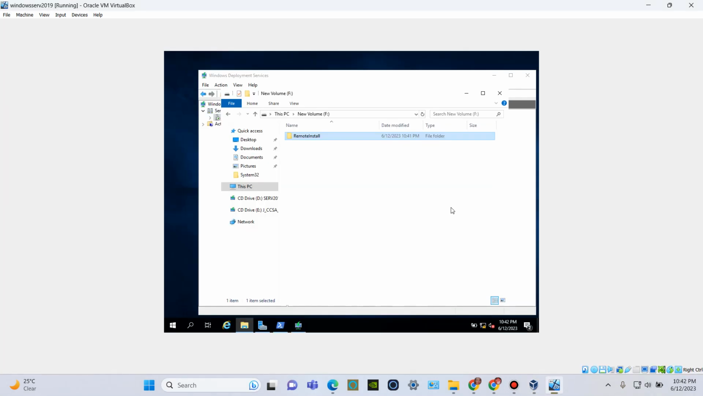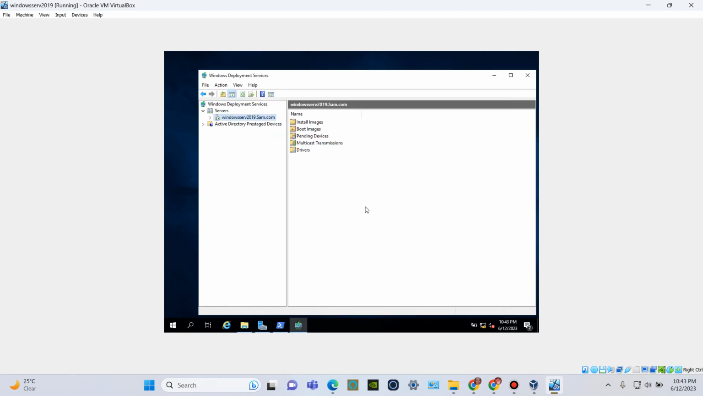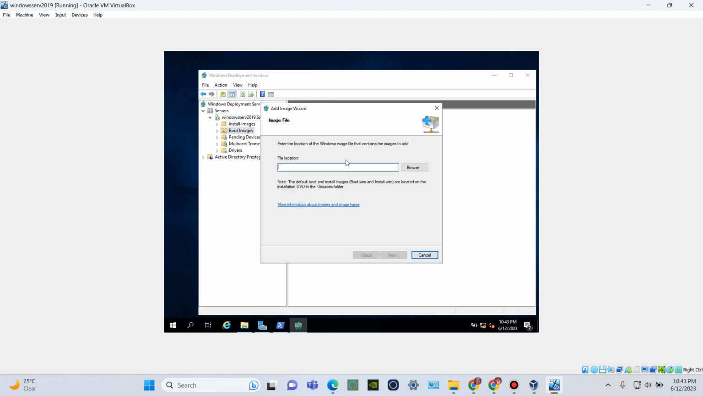Installation media of Windows 10 has been mounted. Now to add Windows 10 boot and install images. So now go back to our Windows Deployment Services. You're going to drop down on our server and locate boot images. You're going to right click on boot image and add a boot image. Now you'll be prompted to locate the file. So press browse,